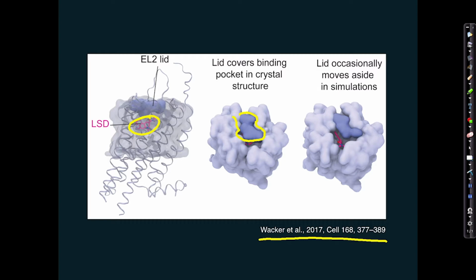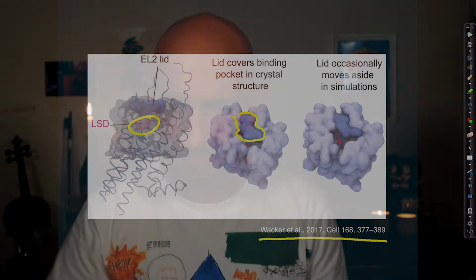And this is why LSD, once it's in the receptor site, tends to stay there for a very long time. Other drugs, psilocin or DMT or serotonin, don't induce this change. They don't cause this folding over of part of the protein structure, which is referred to as this lid. So now we understand what's special about LSD. So that's LSD, and we will return to LSD. But